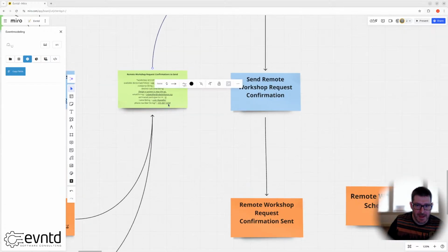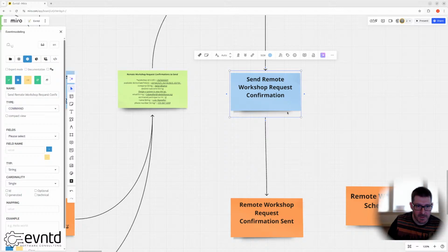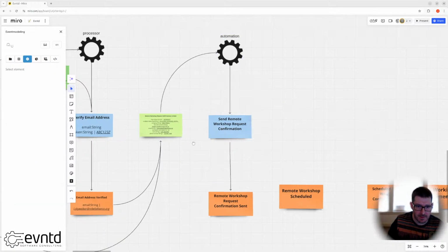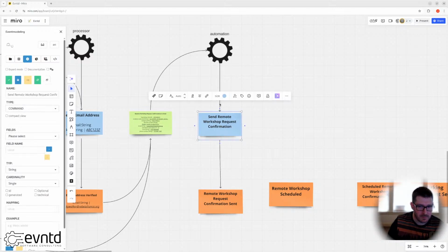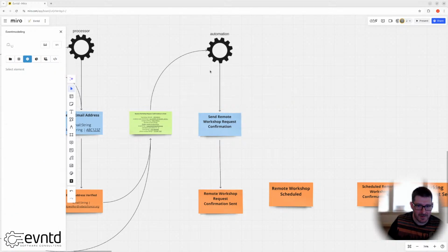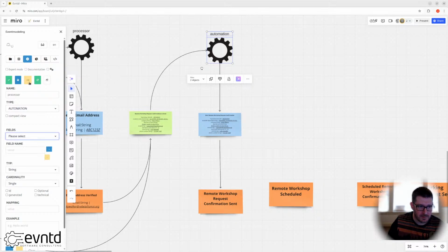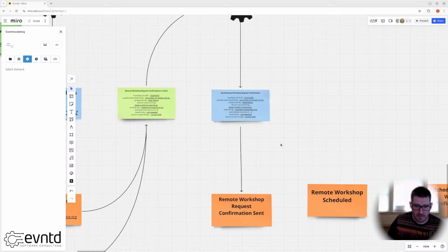Okay. So once we have that, then we're going to send the remote workshop request confirmation. Let's have it. It doesn't need that. So let's do this. Copy field. Okay. No. Gotta first do it here. Fields. There we go. Okay. So that's enough to construct an email, ship that off, and